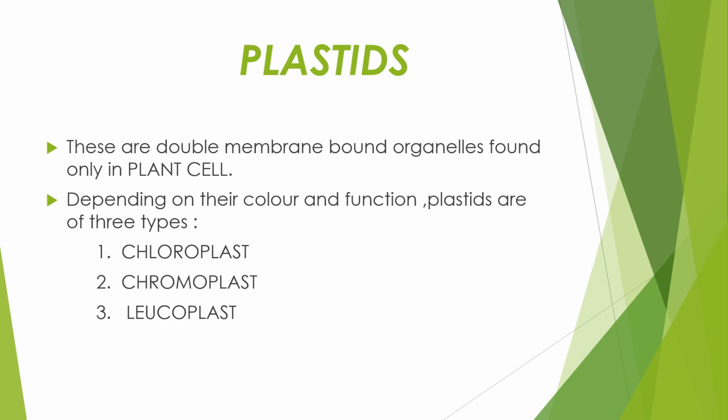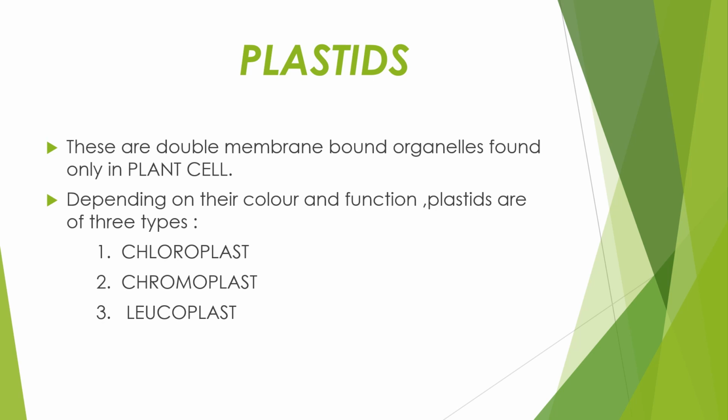So this will be our point to differentiate between the plant cell and the animal cell. That plastids are found only in plant cells, and absent in the animal cells. Plastids are found in all plant cells, and they are easily observed under the compound microscope as they are very large. But they bear some specific pigments which impart specific color to the plants, and based on this type of pigments,